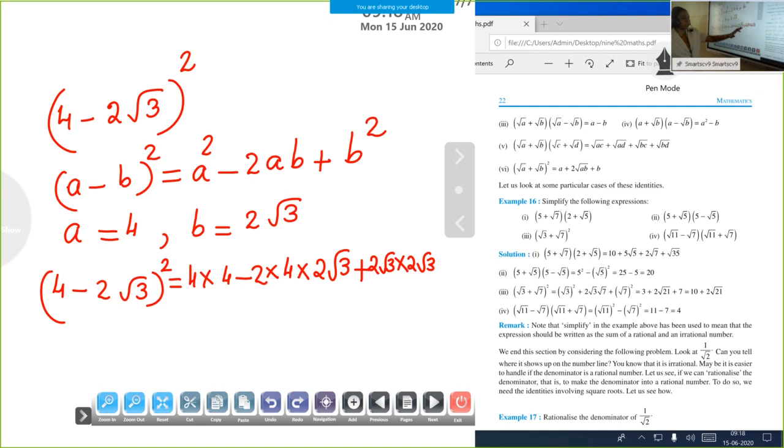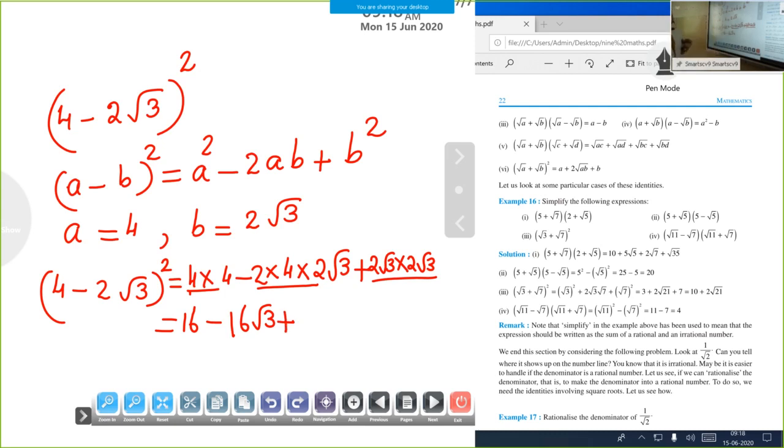B is 2 root 3. So b square means 2 root 3 into 2 root 3. There are 3 terms. What is the answer? First one, 4 into 4 is 16 minus. For the second, you multiply all the numbers: 2 into 4, 8, 8 into 2 is 16, and root 3 over there, so 16 root 3. Multiplied properly, 2 into 4, 8, 8 into 2, 16 root 3, plus the last